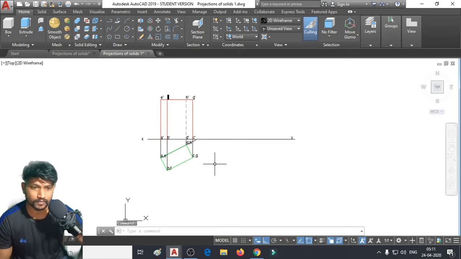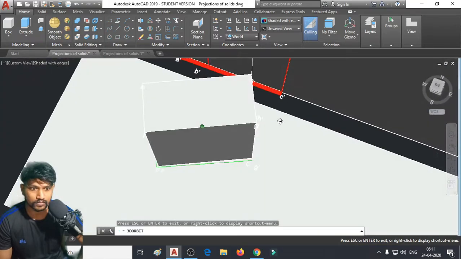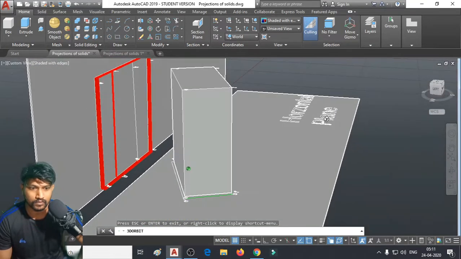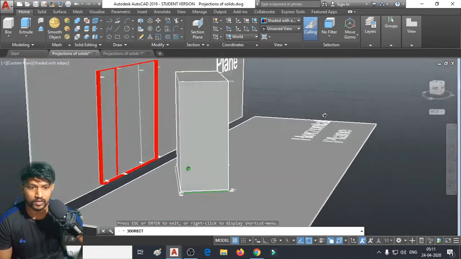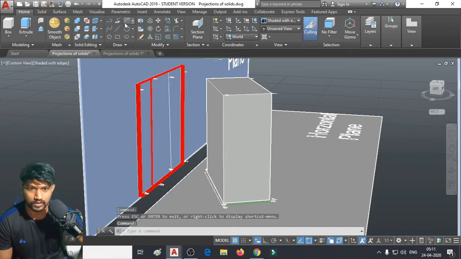Now it's all settled. Let us just draw these projections.